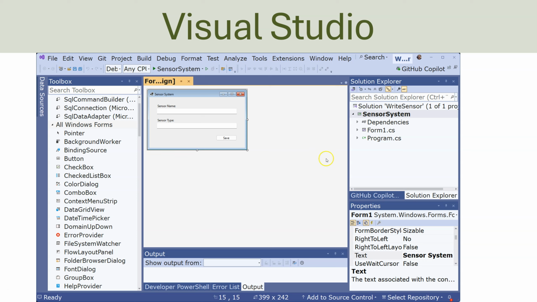So first we need to create a project in Visual Studio. This Windows Forms app template will be used in order to create a Windows desktop application, and then we will start creating the graphical user interface, which is just two text boxes in this case, a sensor name and a sensor type, like this. And then we also need to install this NuGet package in order to communicate with the database, Microsoft.Data.SqlClient. So when we have installed the NuGet package and created this basic graphical user interface with two text boxes,